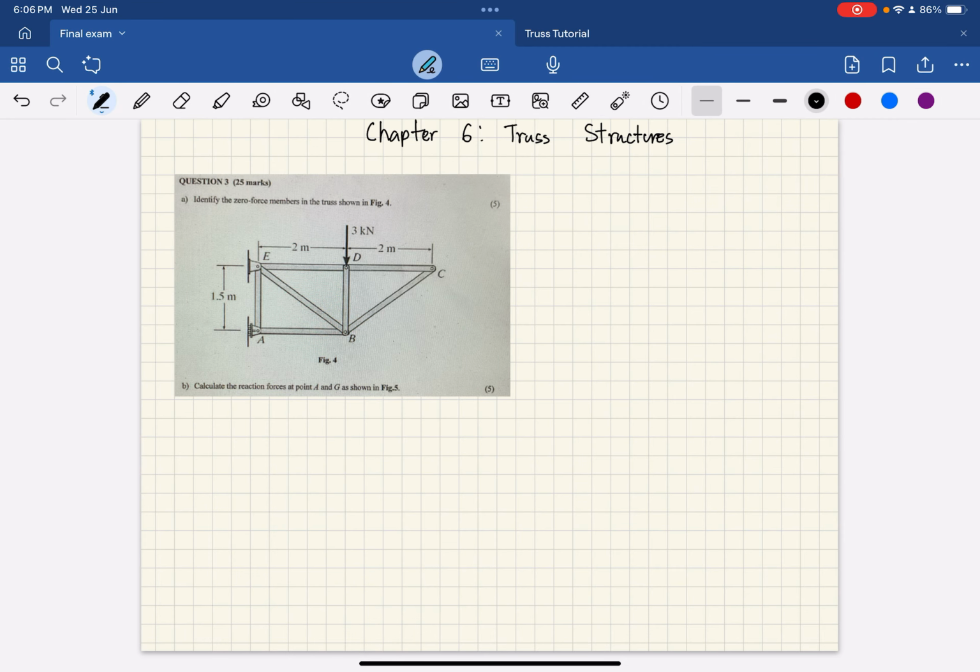So we'll be doing chapter 6, a bit on truss structures actually, from the past paper that I sent you guys, 2019 and 2020 sem 1. Okay, so